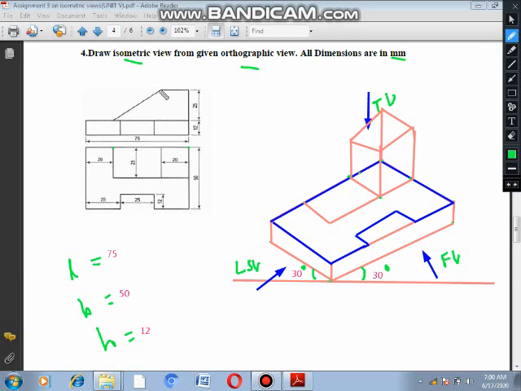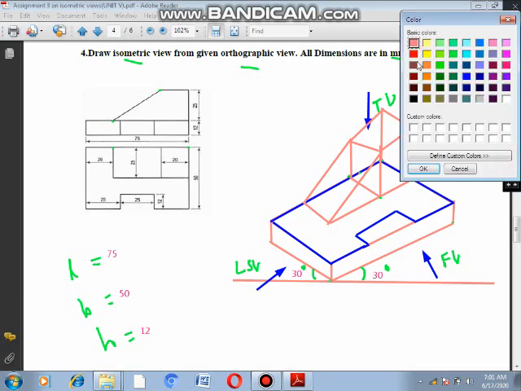Okay, and from this point you can join this surface line, this top surface line, this surface line. Now also I can join this line, same slant line, and from this point to this point, and from this point to this point. Okay, finally you are getting which one is highlight, which one is dark line. That will show the total isometry. Here also one is left over, here also.